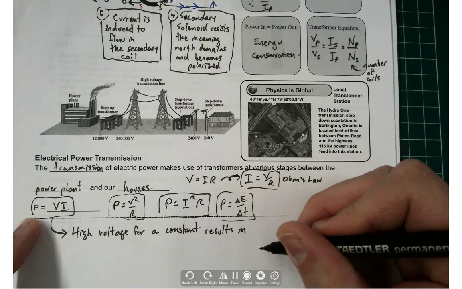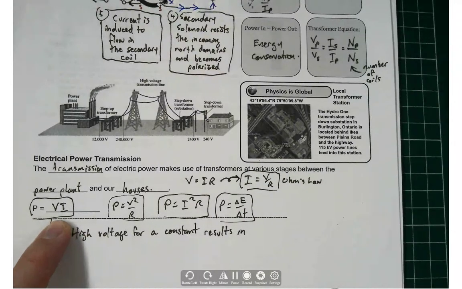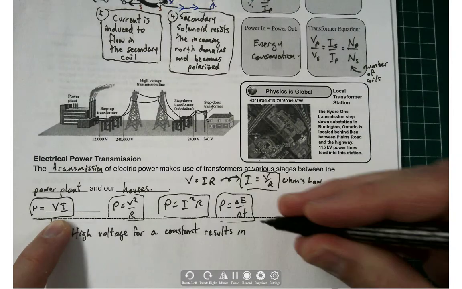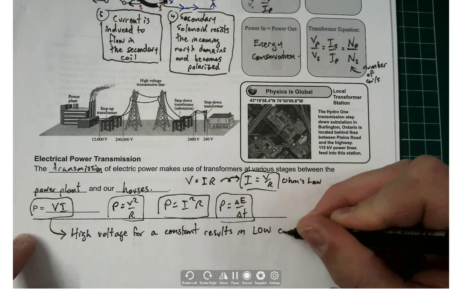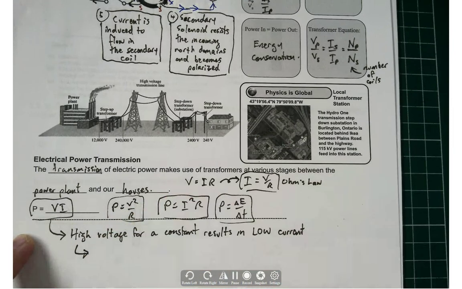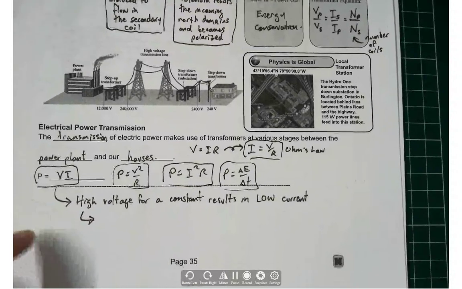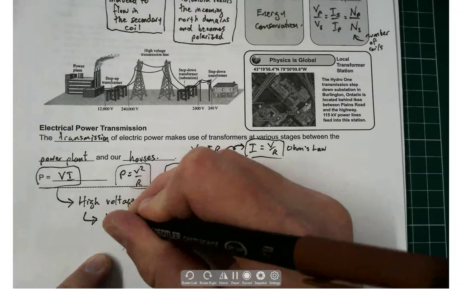Isn't it low? If I keep the power constant and I jack up the voltage, that's going to jack down the current, right? So low, I'll put it in capital letters to draw attention, current. This is just me thinking cause and effect, okay? The next arrow in this cause and effect logic sequence is low current